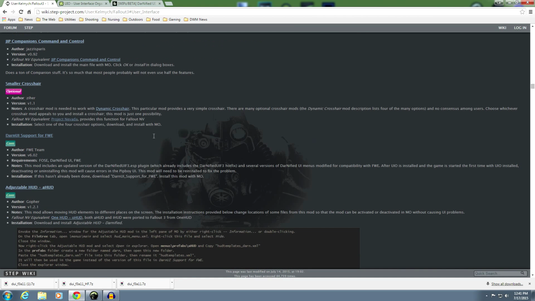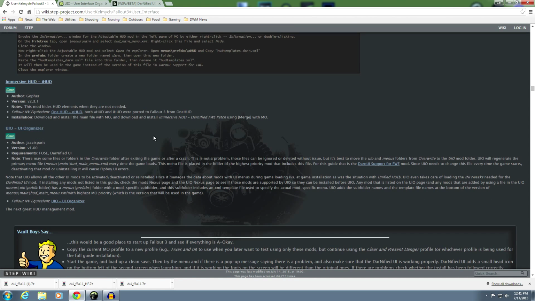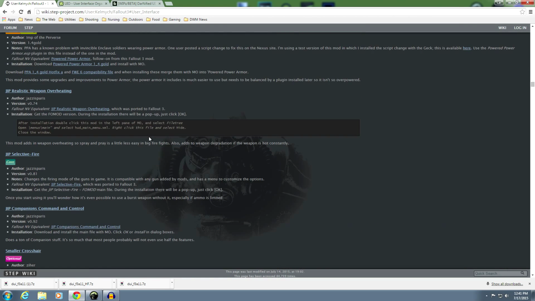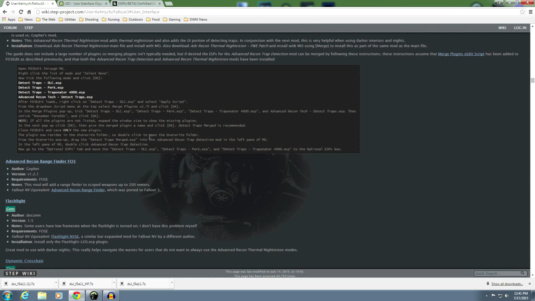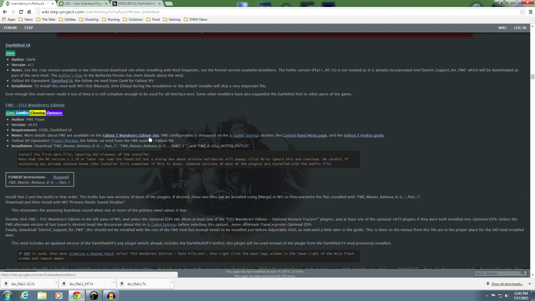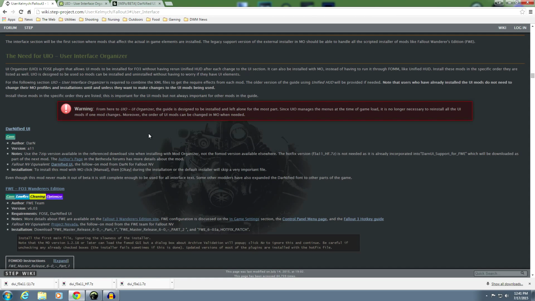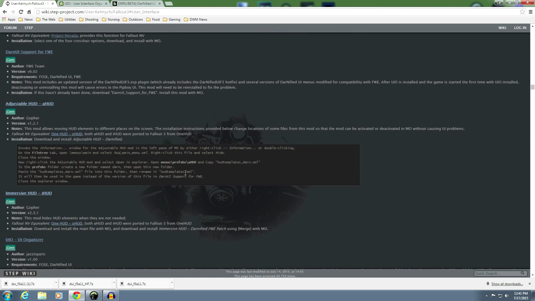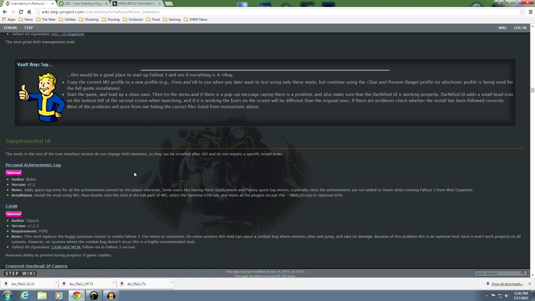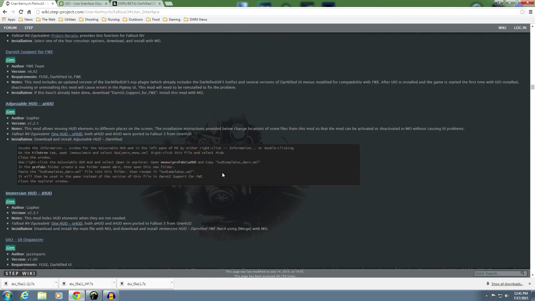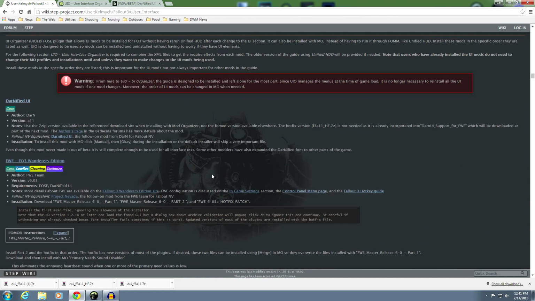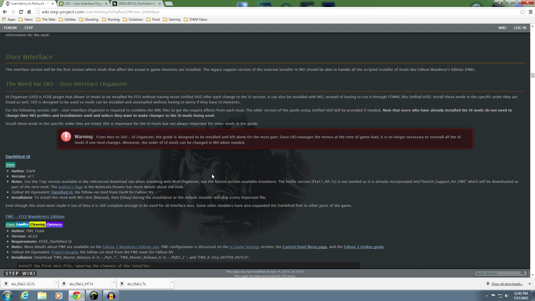Well, you keep scrolling down and you don't even see UIO until the very end. So what this is telling you is that you need to install UIO at the very end of any combination of mods that affect user interface that are included here. There's more interface mods farther down. You keep scrolling down. I mean, this is a long list. Like achievement log, CSM, all that stuff. There's more to be done with UIO mods or HUD mods that you can just go ahead and not worry about in this order. But if you want them to all work together, you're going to have to install them